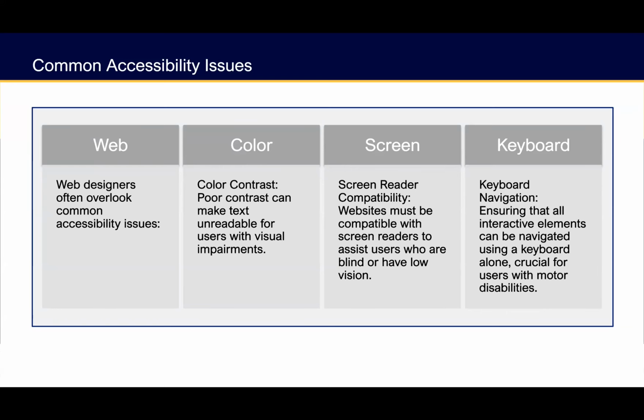Inadequate color contrast, or colors that aren't contrasting enough, is going to make it difficult for people with some sort of vision impairment to read the text. Think of someone with some sort of color blindness. If they're not able to differentiate the background from the text color, they're missing out on that information. And so a way to prevent this is to make sure that you use sufficient color contrast. And you may ask yourself, well, how do I know that? I'm going to show you a tool for this.